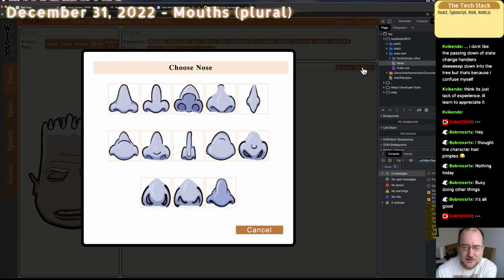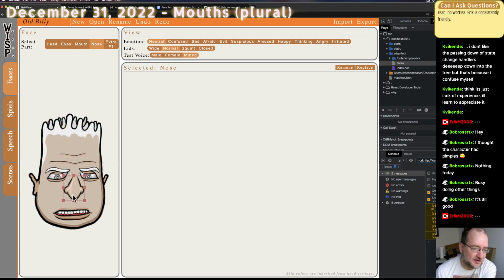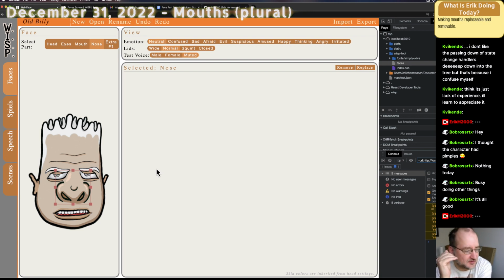I'm weird. Okay, and you can bring the nose back. And you can size it and all that. Okay, I got undo to work with these replacements, which is non-trivial because